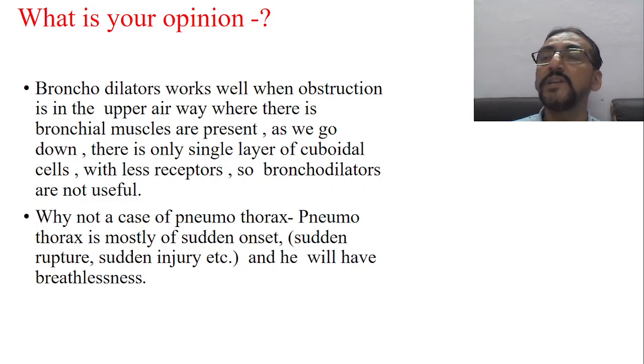In the lower part, the distal part of the bronchioles, they get inflamed. Because of the inflammation, there is edema fluid or whatever, and the air is not going inside. Therefore, the child is having breathlessness. So bronchodilators work well when the obstruction is in the upper airway and the bronchial muscles are